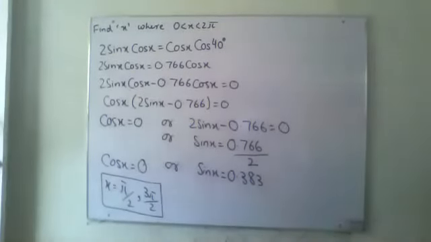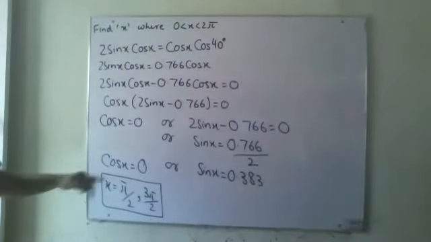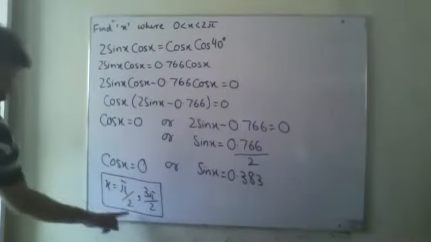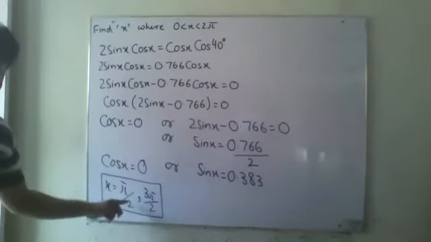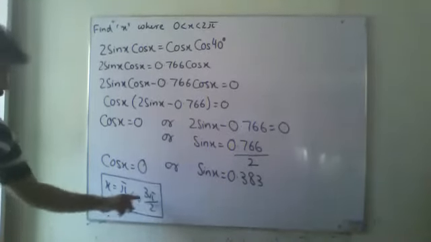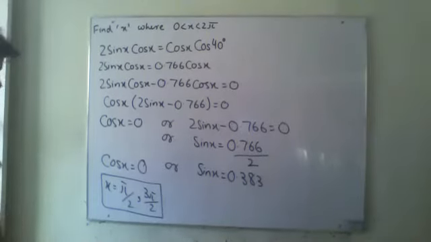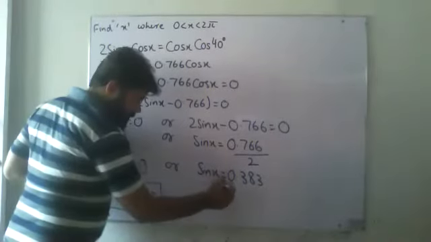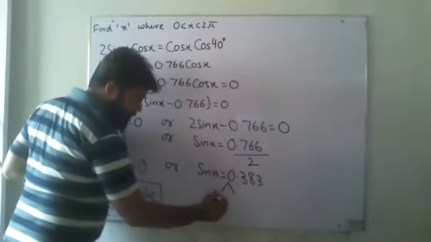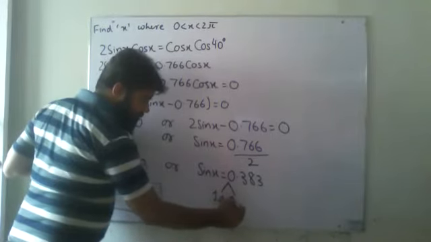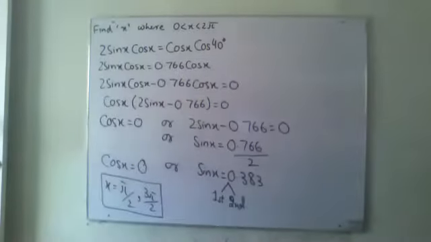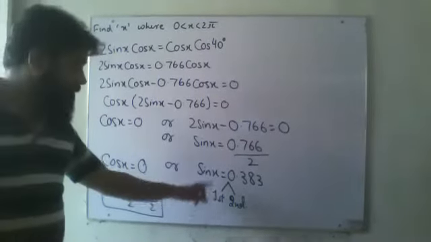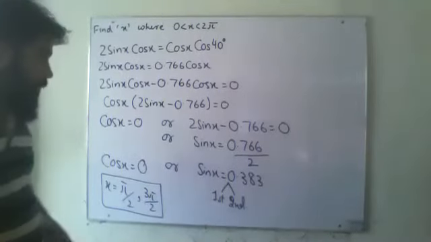I have done it directly, otherwise you know the drill. You will go for 0, first, second, third, fourth, all four quadrants, you are going to find the values, repeated values will be coming, but the final answer will be like that, which is written over here. I remember the graph, so I have written it directly. This one shows it is going to lie in the first quadrant and in the second quadrant. We are talking about radian mode.